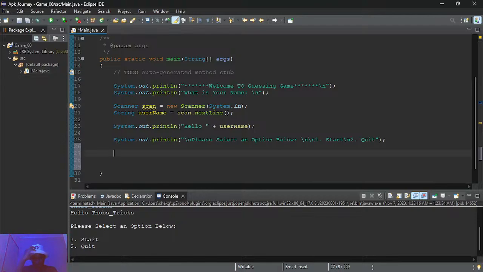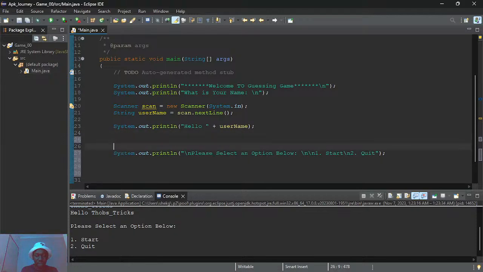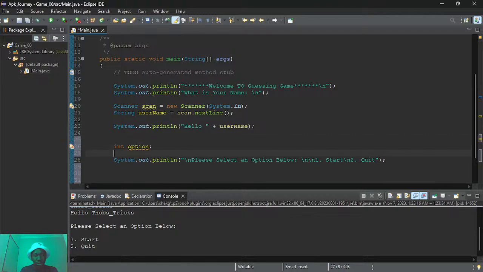But I believe for this to work, I'm going to have to declare another variable here. This will be int option. So this option will be responsible for taking in the option that the user selects here. So we're going to say do.